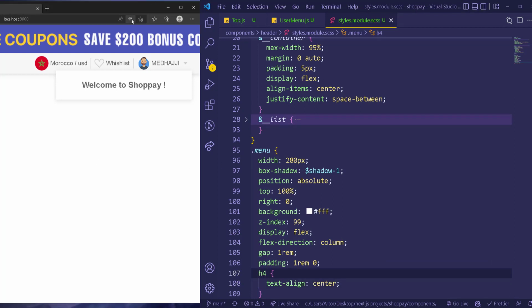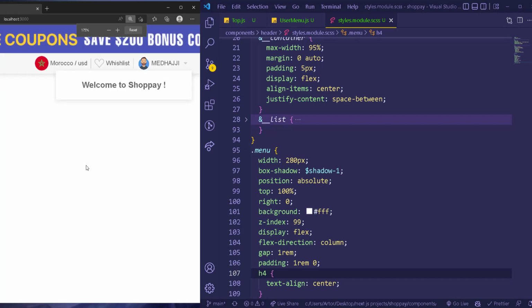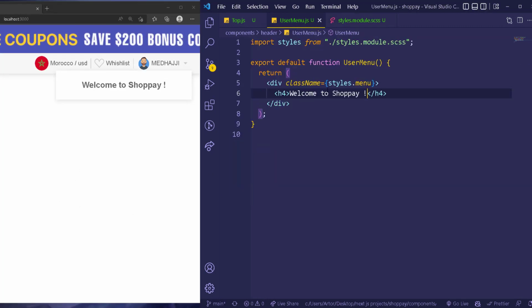If you go back to the normal zoom, this is how it looks, which is fantastic. So I'm just zooming so you can see. I don't know why I'm repeating that too much. And then after that, right here, we're gonna have, depending on if we are logged in or not,